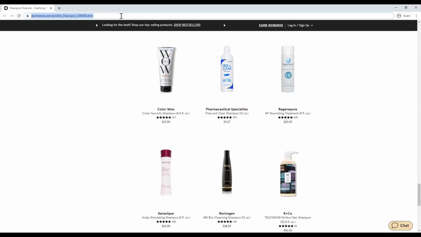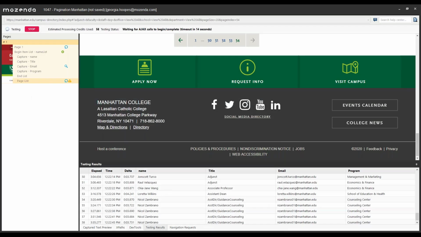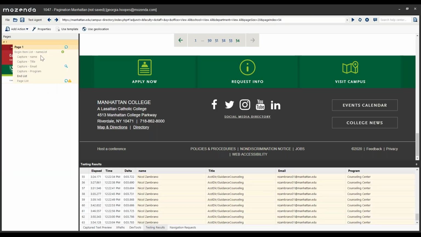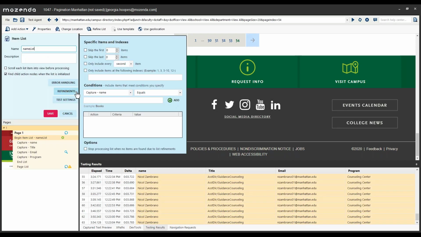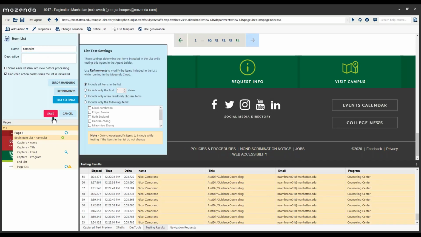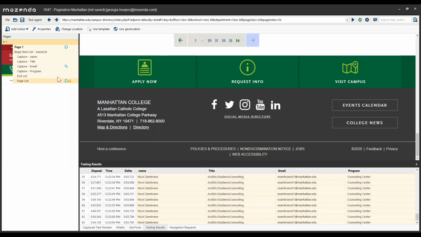So here it's working okay, but let's pull up a different browser so it will load that. So it just got to page 54. So I'm hoping that it will stop. But it's not, and my listings are kind of wonky. It just repeats the same result again and again. Let's take a look at what is happening when we get to this last page. I'm going to remove this test settings as well. So here, page 54,